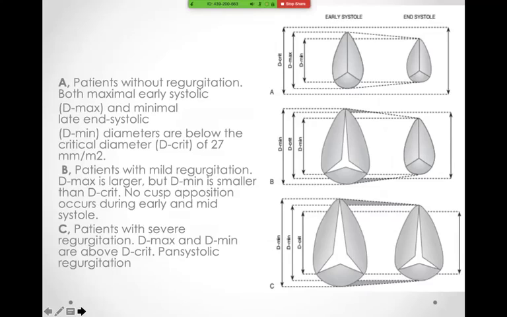Yeah. So there is something called the critical diameter of the annulus, beyond which the tricuspid valve tends to regurgitate. So if you see the first image on the top, the A image,